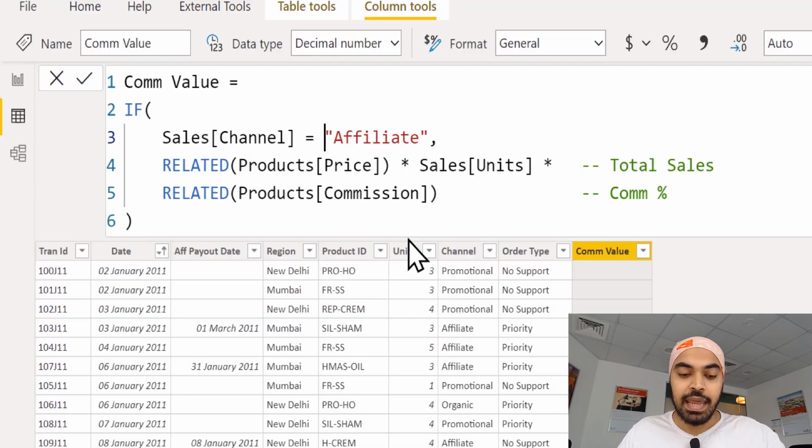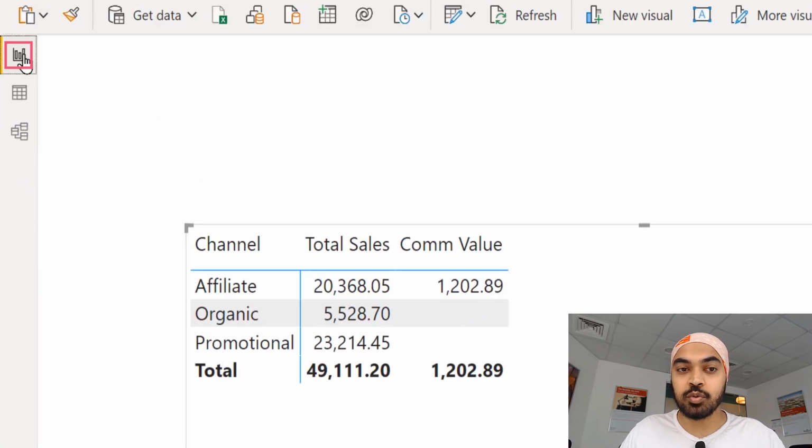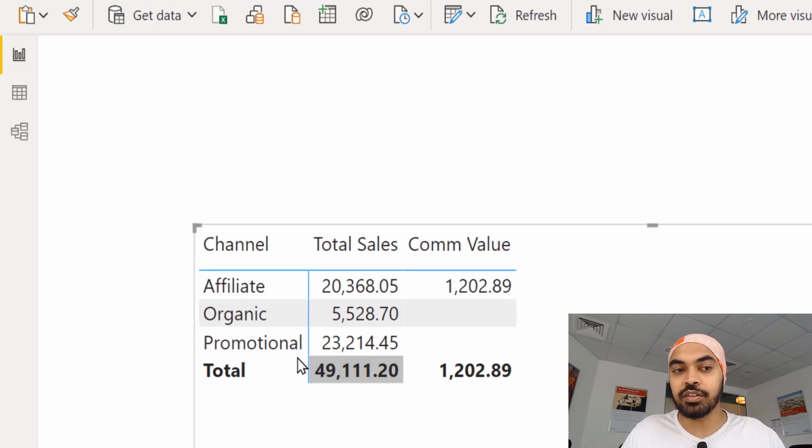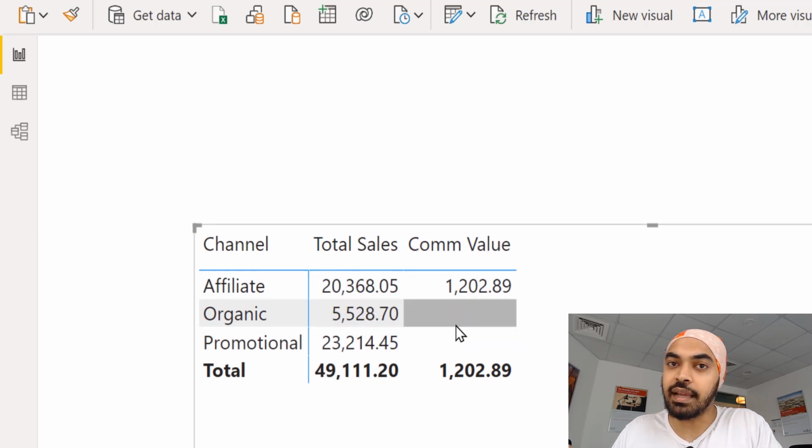Pretty cool. And what I did was I then created a visual like you would expect. Here I have the three channels, affiliate, organic, and promotional, taken from my sales table. Against that, I can see my sales value, and I can also see the commission value column that I created. Now, this is the Excel way in which you would try to solve the problem, but let's now try